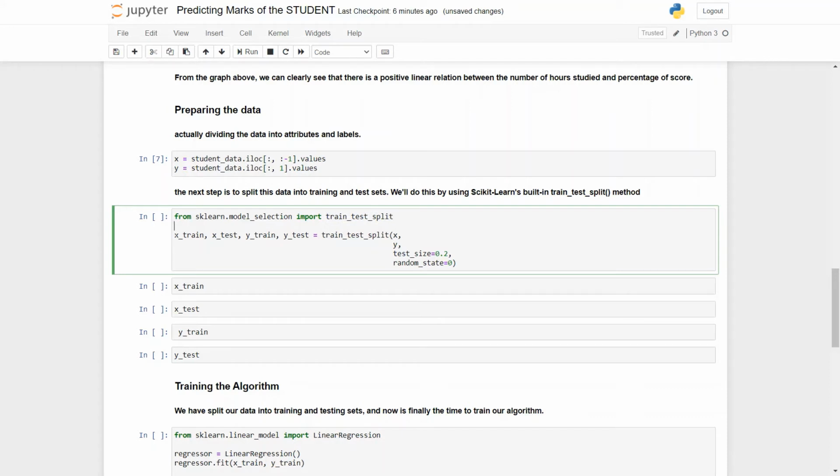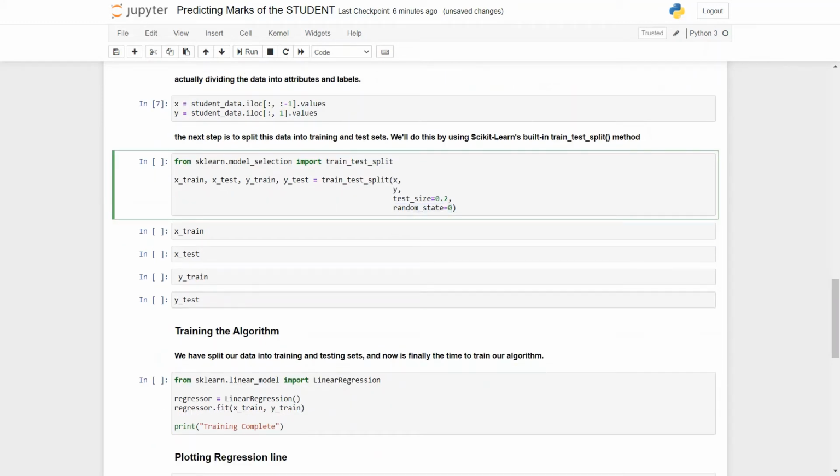These are the four basic variables: the first two are for the training set, and the next two are for the test set. So we have x_train, x_test, y_train, and y_test respectively. This is the method we are calling, and these are the parameters: the x values we already defined earlier, the y values, the test size is 20%, and the random state is 0. So let's run the cell now.